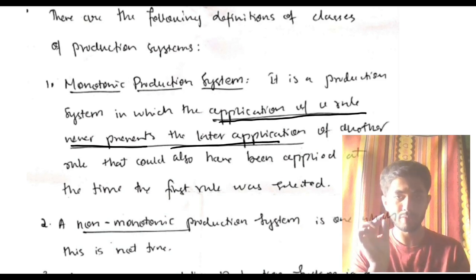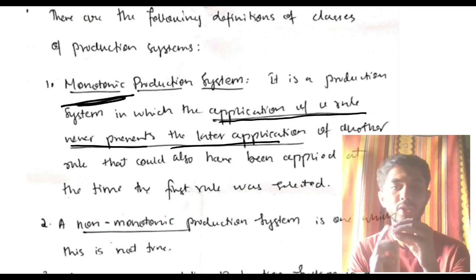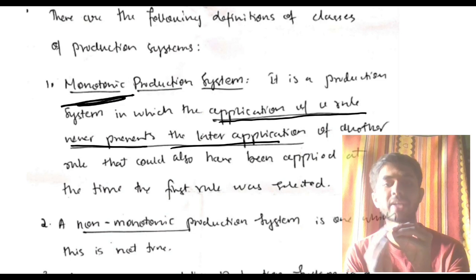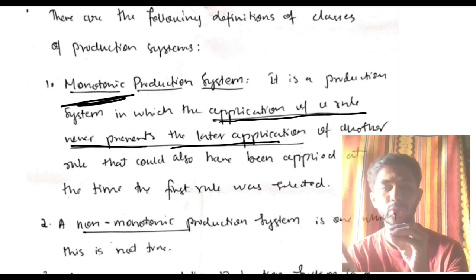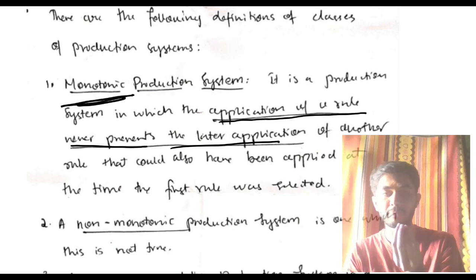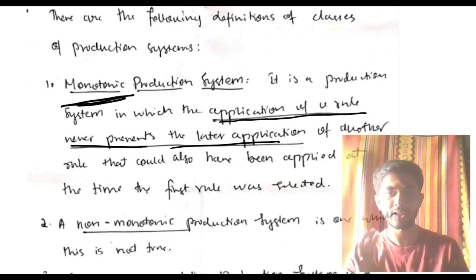The rule which you are applying, we are talking about monotonic. What does that mean? I already told you it means independent. If you are applying a rule and it does not prevent the application of another rule, that is called monotonic. Independent means it does not affect the other things. If a person is independent, the other persons are standing in front of him or around him, he is doing his work, he is not affecting others. That is what is called independent. That is monotonic. The opposite of that is non-monotonic.